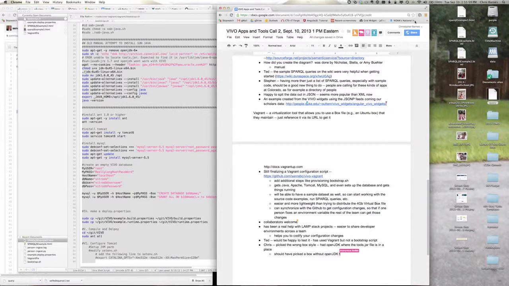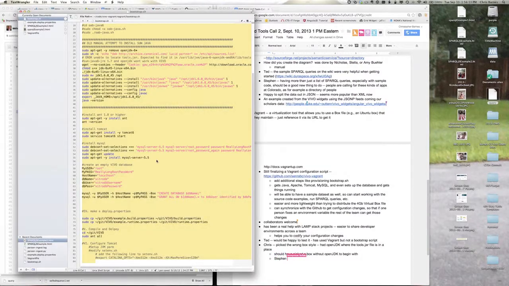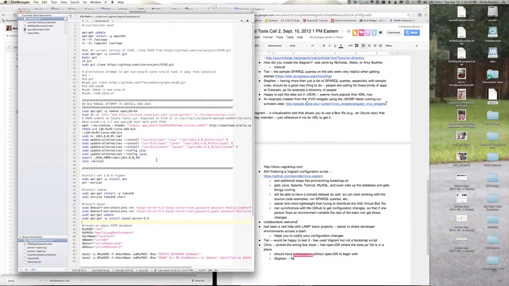Or there was a bash script, maybe in Google Docs, that Nick had that would remove OpenJDK from an Ubuntu and then put Sun Java back on. I don't know if it still works with current versions of Ubuntu. You can get it off pretty well. I've got it in my script here. See, I'll highlight it. You can do an apt-get remove openjdk-6-*, and it does a pretty good job of taking it out. The problem that I had was that there used to be a Sun Java 6 package for Ubuntu, but I guess sometime last November, Sun told Canonical they can't do it anymore.